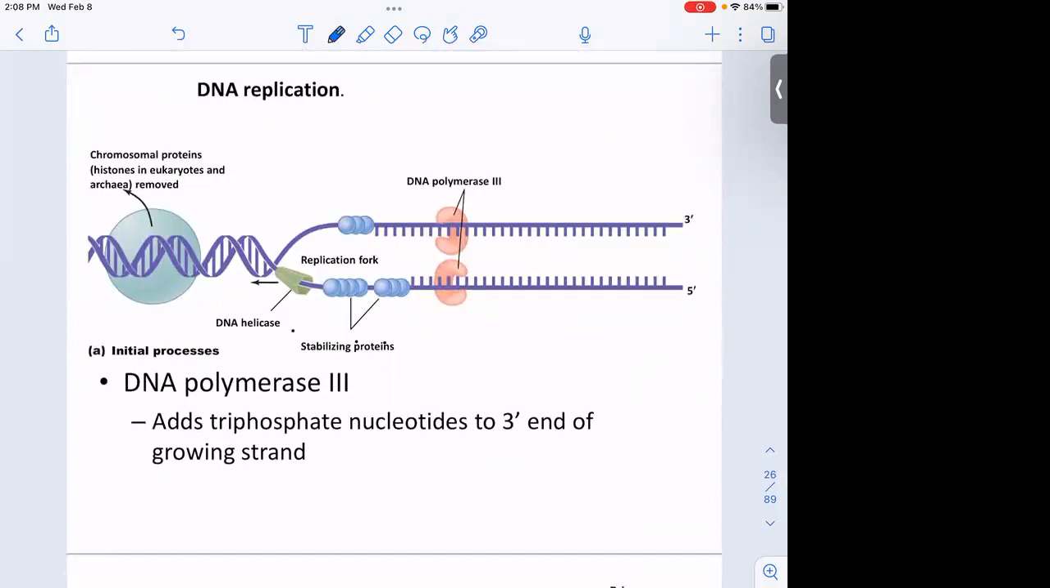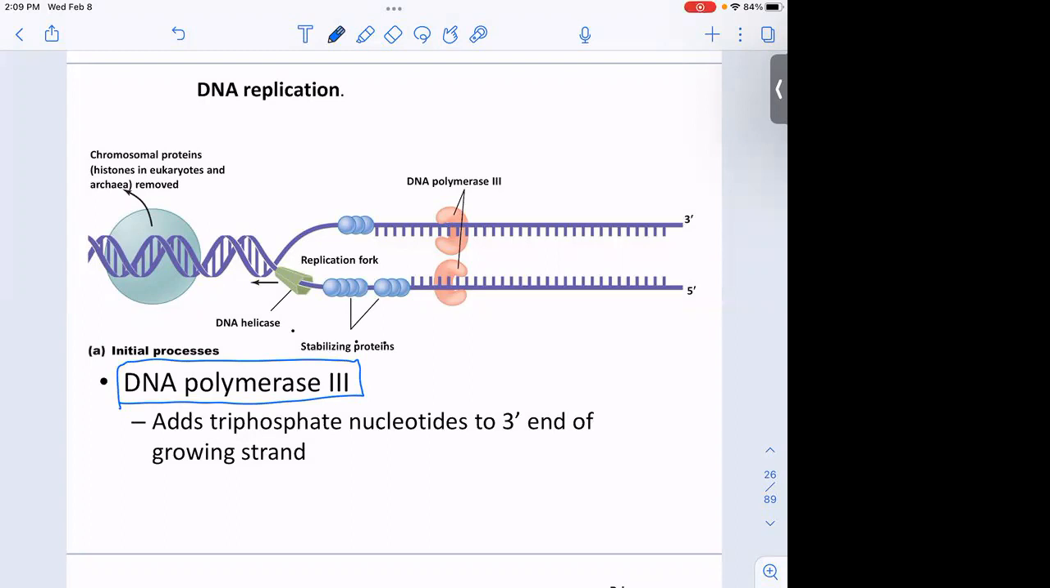Okay, so some more enzymes that are involved in this process. The most famous one, if you can only remember one, the most important enzyme here in DNA replication is DNA polymerase 3. And it seems odd that if it's the most important one, why do we call it the third one? Well, they were named in the order that they were discovered, so whatever. So DNA polymerase 3,